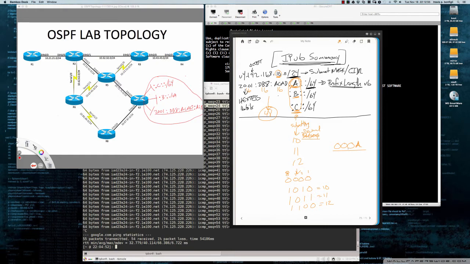However, when we go to do our summarization of these IPv6 addresses and we do our calculation, we need to make sure that we recognize that those have been dropped for the purposes of writing the address out. However, for the purposes of calculating the summary, we've got to drop these guys back in, because each one of